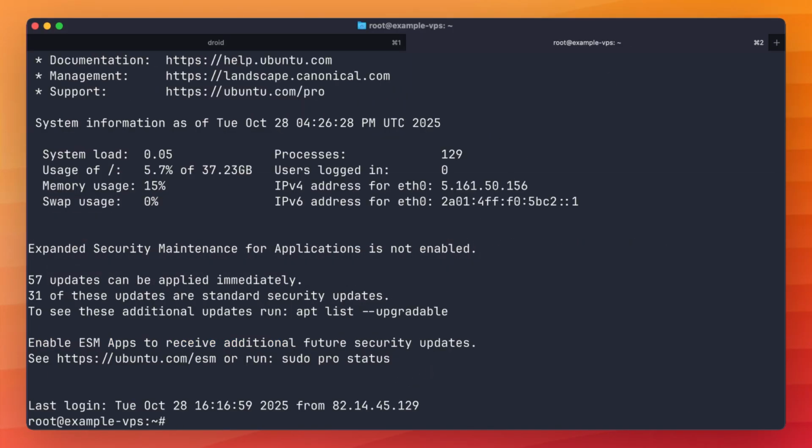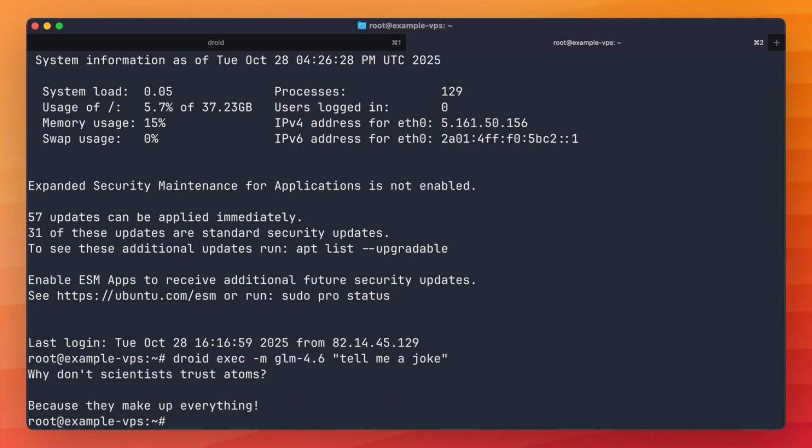But that's not the main thing that I use it for. The main thing that I use Droid for on a VPS is droid exec. These are headless agents. So you can do droid exec, for example, we could do model GLM 4.6, tell me a joke. What I like about GLM 4.6 is it's a very, very quick model,